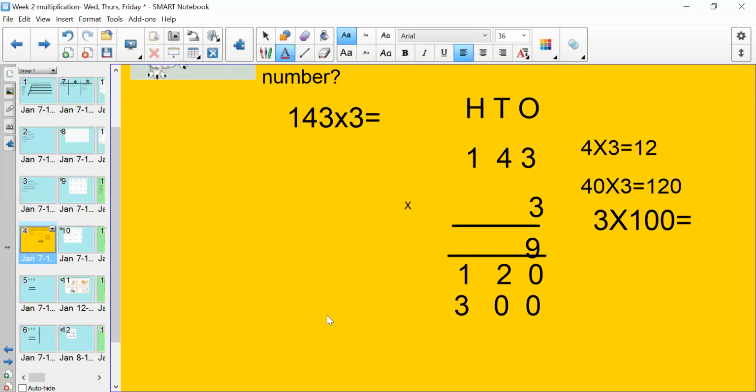And then, like we did with 2-digit numbers, we would add all of this up together. So 300 plus 120 plus 9. So this I would do mentally in my head, but if you need to do column addition to add that up, it's fine. So your answer was